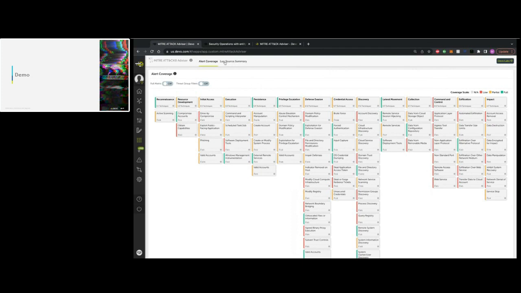And so there's two main areas of this particular application. The first is going to be alert coverage. That's going to be specific to alerts or detections that we have out of the box, as well as the custom alerts you have. And then there's also a log source summary that maps the log sources you're ingesting into your Devo domain against the MITRE ATT&CK matrix. So if we go ahead and dig into the alert coverage,